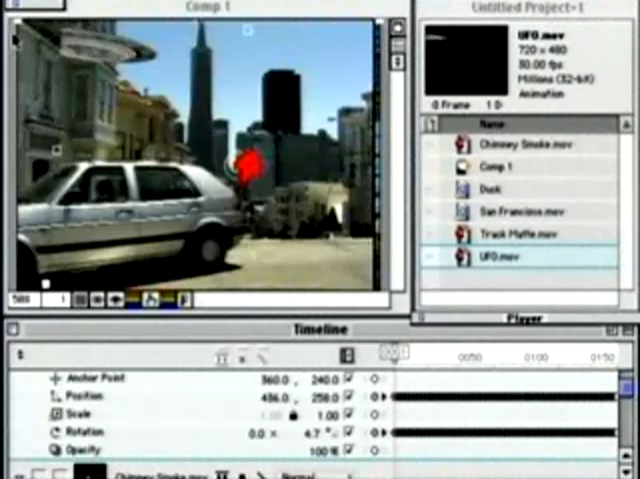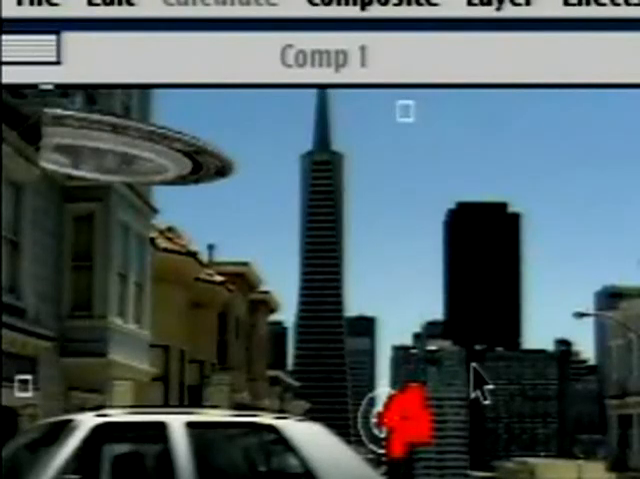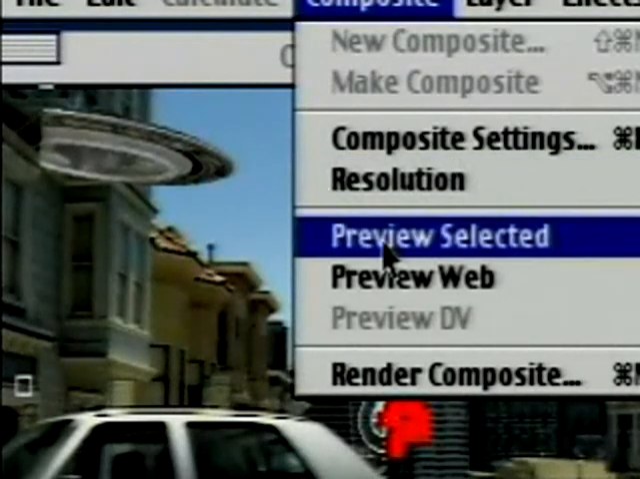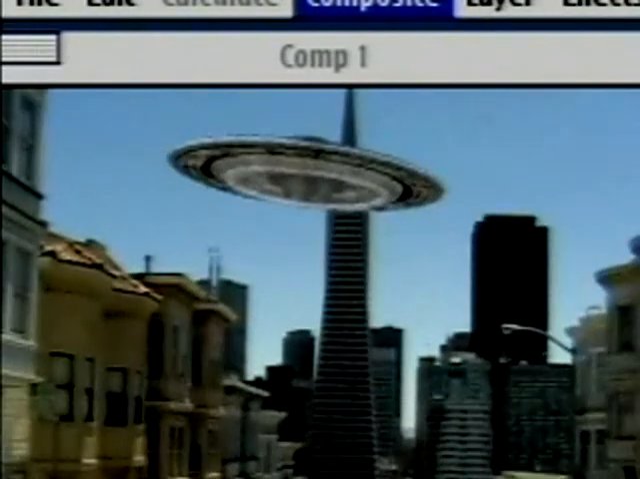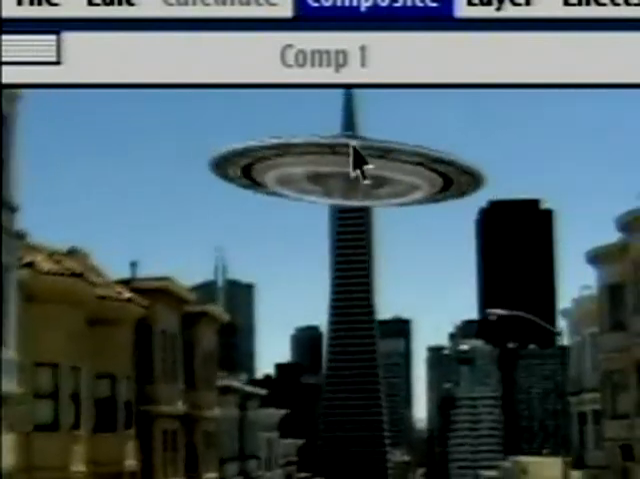and bring up our comp window. So as you can see, the position keyframes have been added to our UFO clip. Let's go ahead and go up and make a preview selected of this range to see how the motion tracking worked. Now suppose we wanted to make the flying saucer go behind these buildings here, and again behind these houses